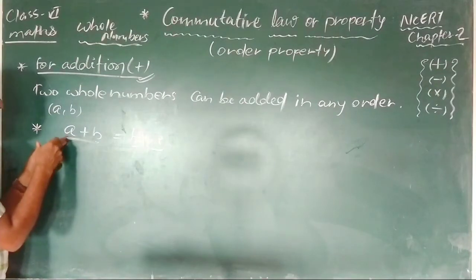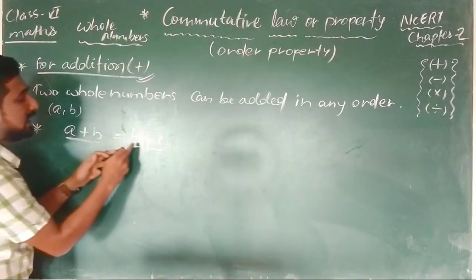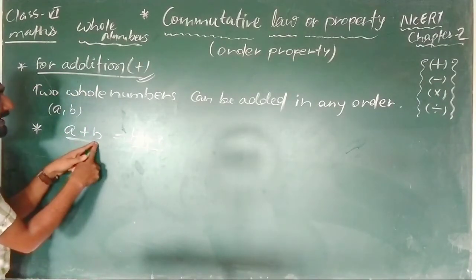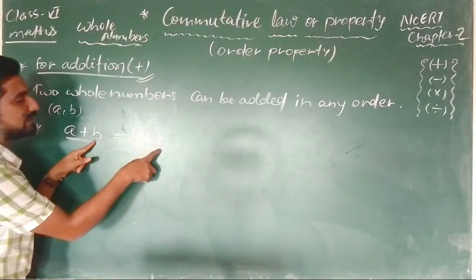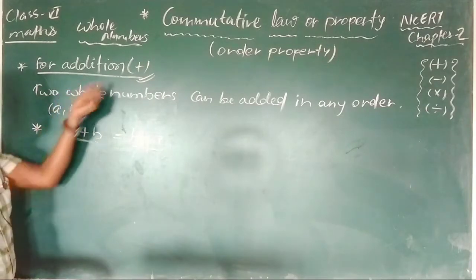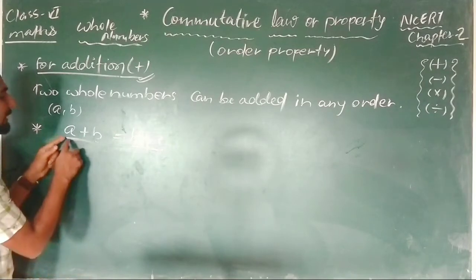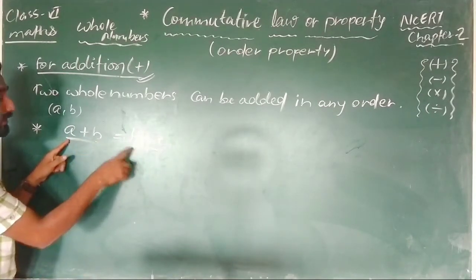First, in the beginning A is written and B is written at the last, I mean at the second position. Here you can see B is at first and A is at last. Here A is at first, here A is at last, meaning the order is changed. And because I am checking for the addition operation, the addition sign is placed in between. So you can say the order changes: this A is placed here and this B is placed here.